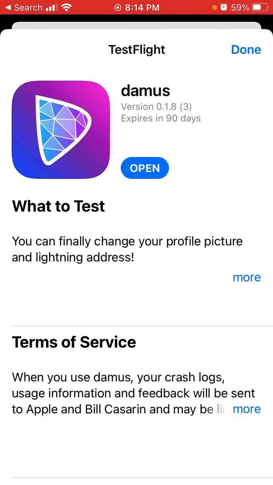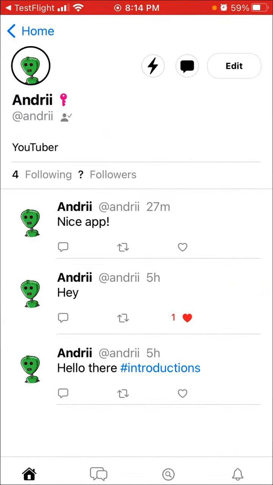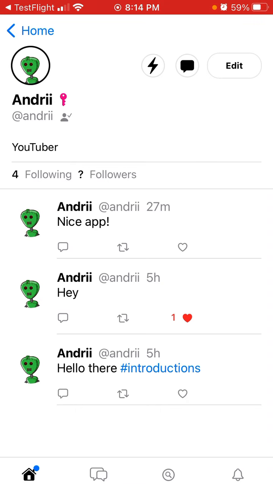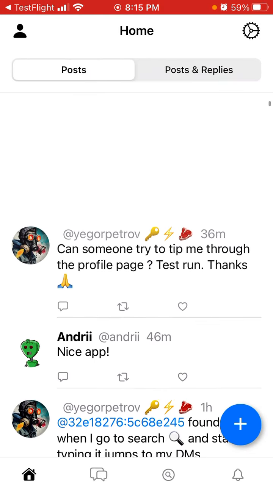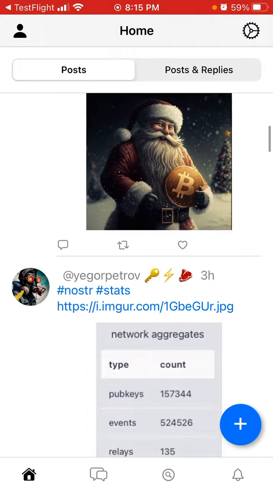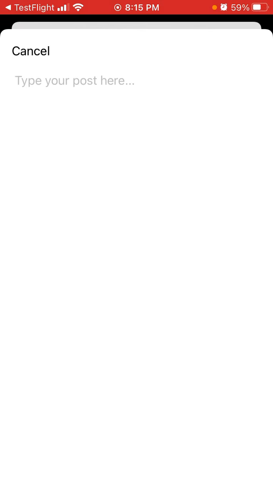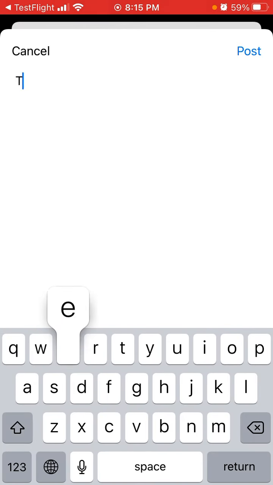The app is not yet available in the Google Play Store or iOS Store. It's only available in TestFlight, so you can go through TestFlight and get the app via their Twitter. This is how it looks. You can see posts. It's very limited, very basic. You can post something here. There is no mentioning, no images, no videos, anything. You can use hashtags though,